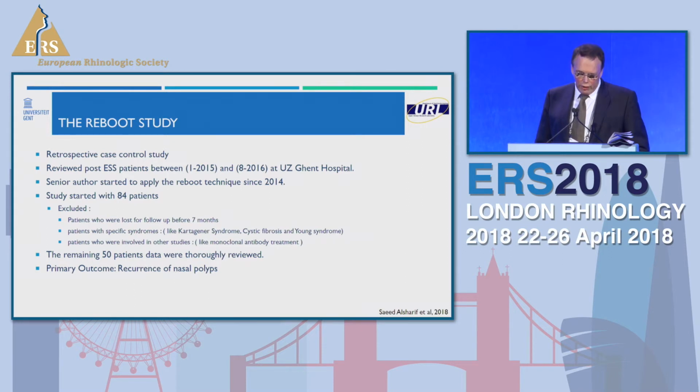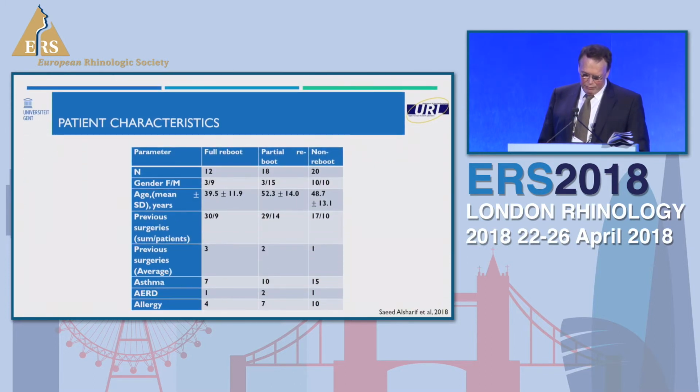So what I show you here is a retrospective study. We're currently doing a prospective study where we looked at different patients operated in one hospital, in our own hospital. And nobody was operated wrongly, but they were operated differently. And we made sure that everything there is the same. All of these patients had about the same age.